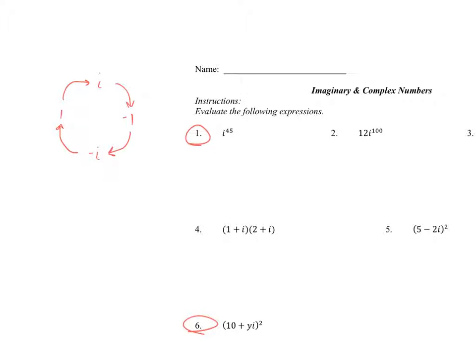So what we decided we're going to do instead is we're going to try to pull out as many I to the fourths as we can, and then we'll see whatever's left over. And the reason we're pulling out I to the fourth is because I to the fourth is 1. That's the best. 1s are great to multiply by because it doesn't change anything. So I to the fourth. So the question is, how many times does 4 go into 45? And the answer is 11 and some change,